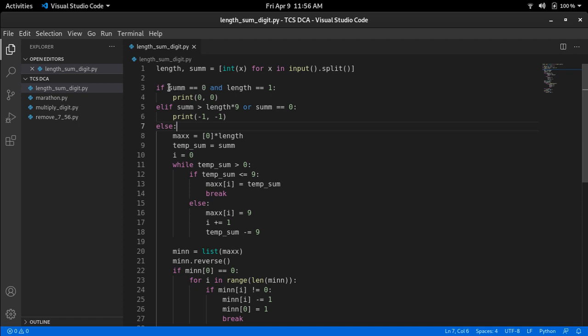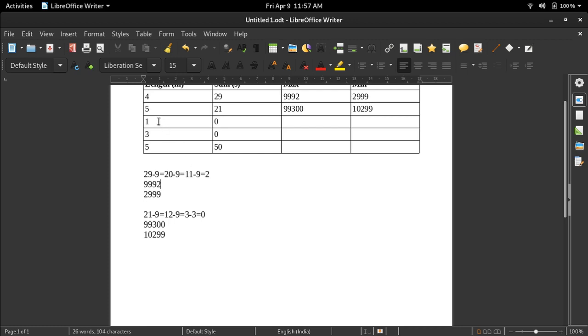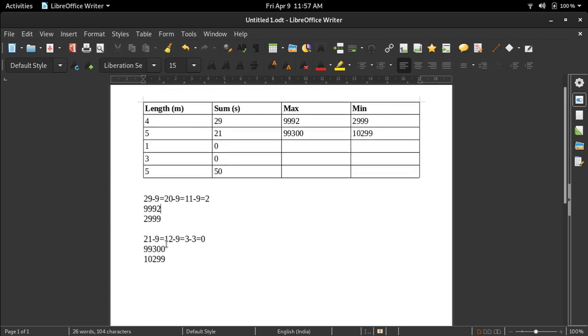The first corner case is such that length m is given as 1 and sum of its digits is given as 0. Ideally we can think that it is not possible, but it is actually possible. How is it possible? 0 itself is the minimum and maximum number such that its length is equal to 1 whereas the sum of its digits is equal to 0.